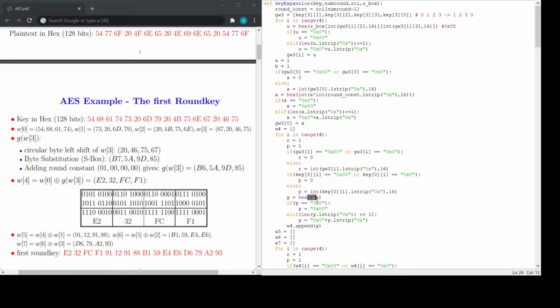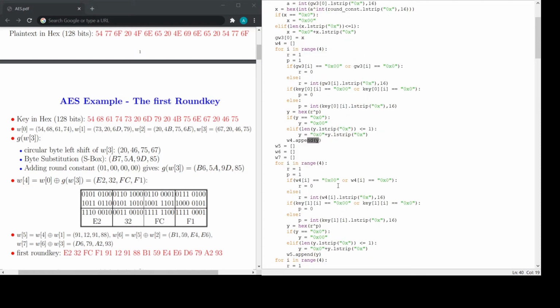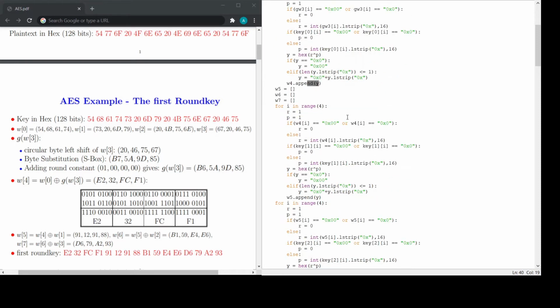And over here we do the XOR and we append it to the value. The same thing is done for W5, W6 and W7. We just have to change the values with which we XOR. So the same process repeated, and we append all these values with corresponding arrays and finally return an array of these arrays, thus giving us the matrix of the next round keys.